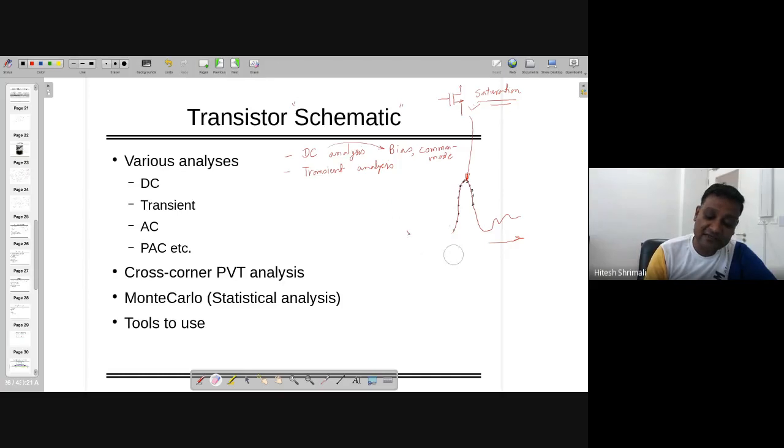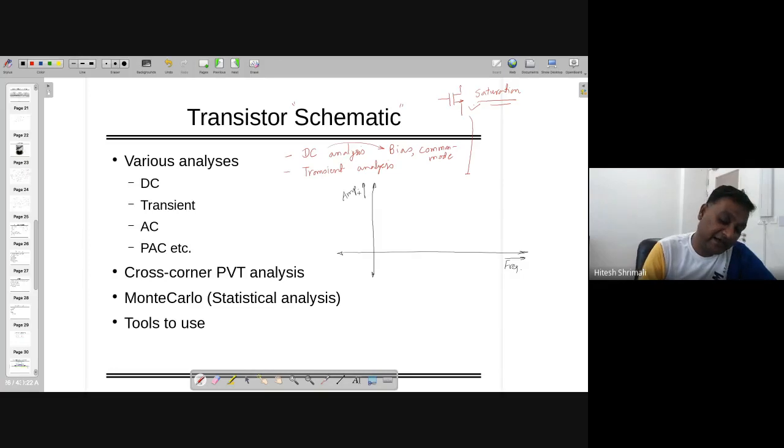But if you are interested not in the x-axis as time, but in frequency, so the x-axis is in frequency, and the y-axis might be any amplitude. It might be in dB, it might be in dBm. I believe people know about these notations, right? Or maybe dBV also, or dBA also. All these things are going to be possible here when you want to do the AC analysis with respect to frequency.